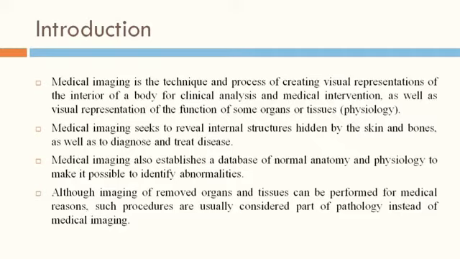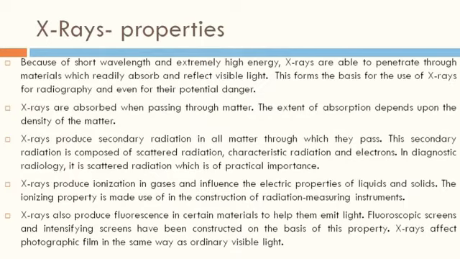So now we start to discuss the next concept, that is X-ray properties. Before going to X-ray properties, let's look at the history of X-rays. X-rays were discovered by the German physicist Wilhelm Conrad Röntgen in November 1895. He called the new kind of rays X-rays, where X stands for unknown rays. With these new rays he was able to make a photograph of his wife.